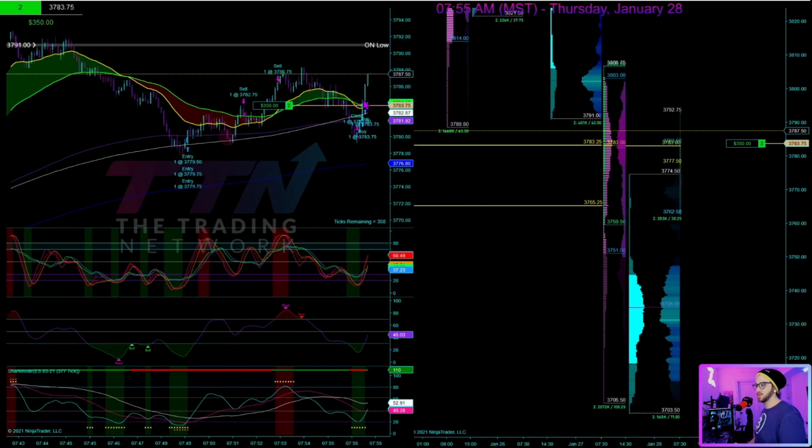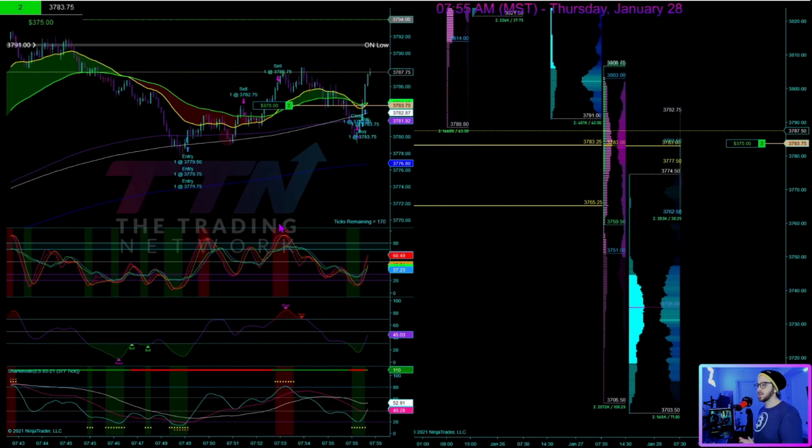So you can see here, as soon as I closed that, I saw the oscillators start to curl and cross up again, which is the signature that I like to see very often when I take my trades. So you can see I got good oscillator structure, good candlestick structure, and good support, which is exactly what we had again right here when I entered this trade once more.